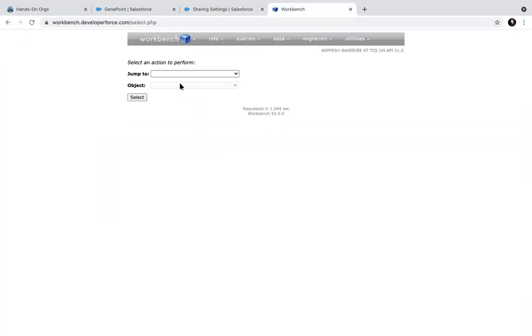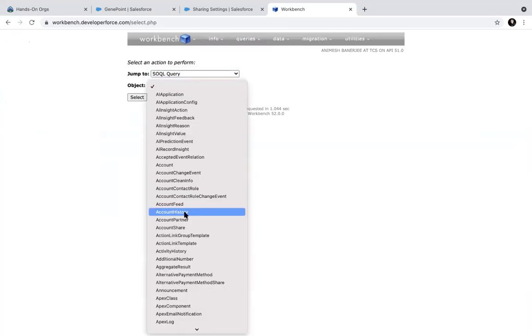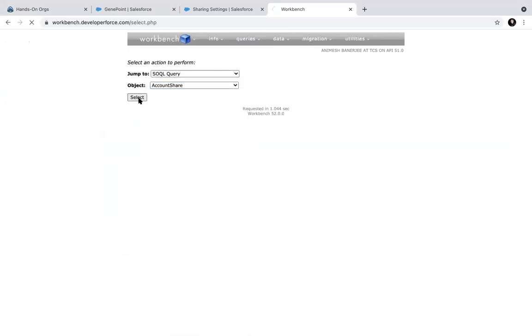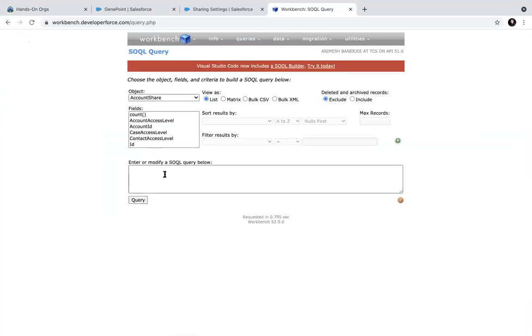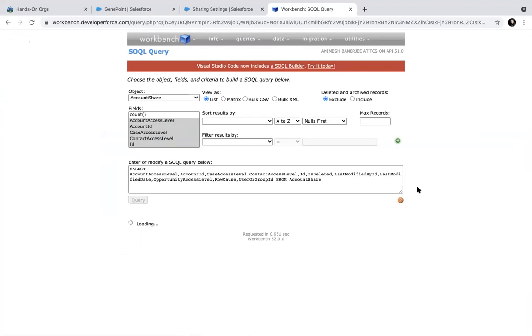If account is set to public read write, do I get an object called account share? Let's see. There are some values already, I think from old values. No records are there, right?